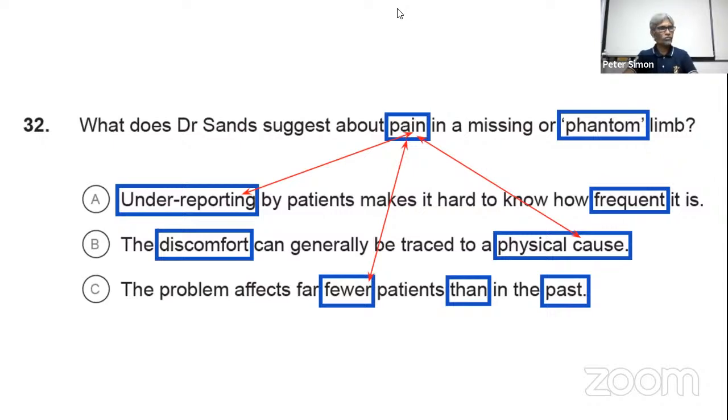Question number 32. A, B, and C. And the question answer is